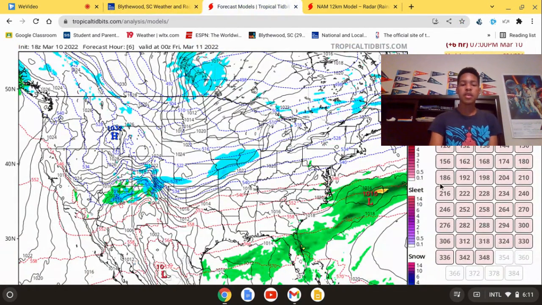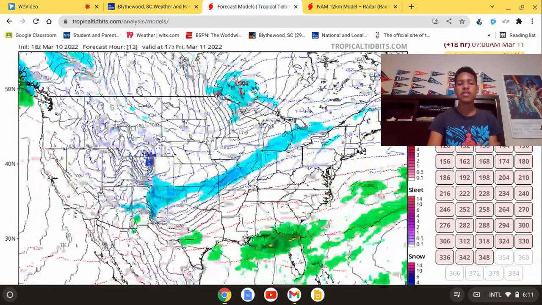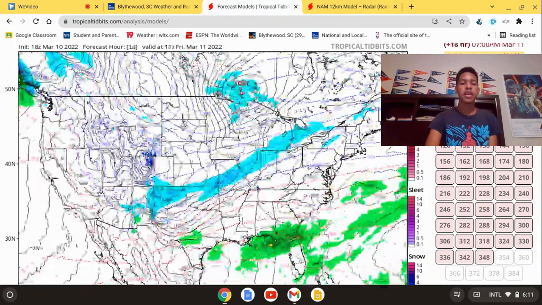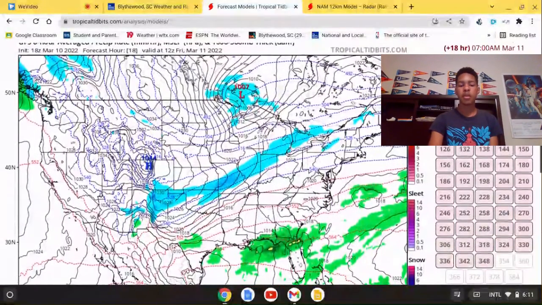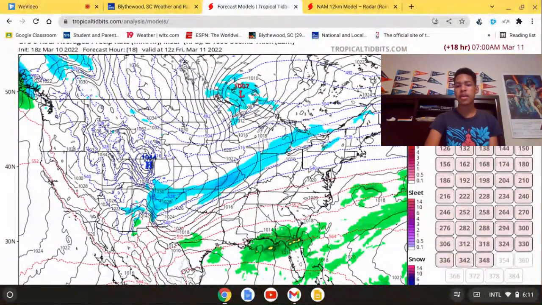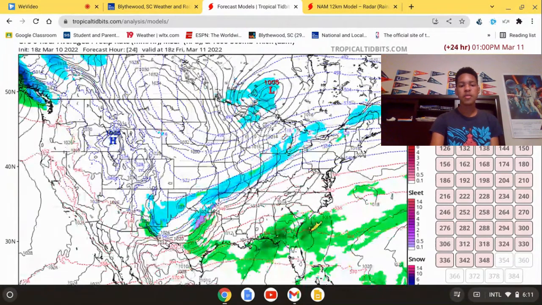Let's move on to the forecasting, so the models. This is the GFS model. As we get into tomorrow morning, we'll start at 7 o'clock right here. You can look on your screen what time it is. 7 o'clock tomorrow morning, we'll start to see that snow building back into the panhandle of Texas and eastern New Mexico. Then as we move into Sunday around lunchtime, it starts to interact with the Dallas area.